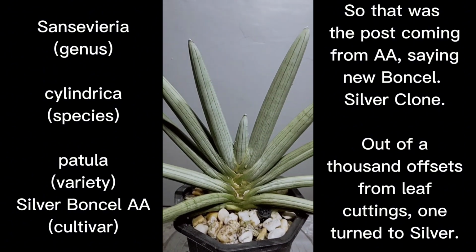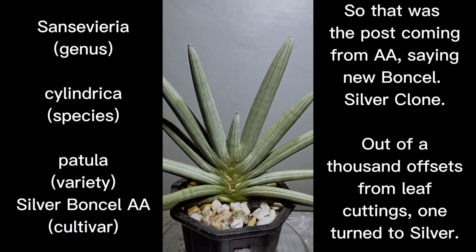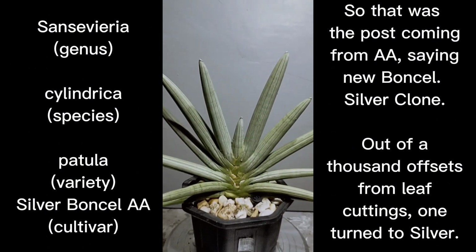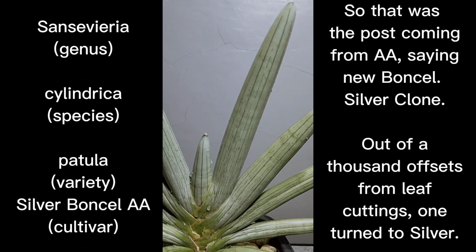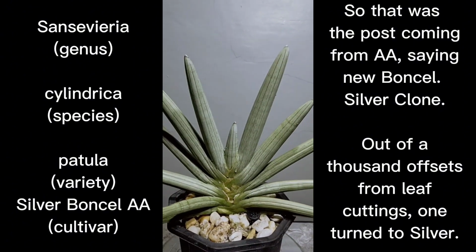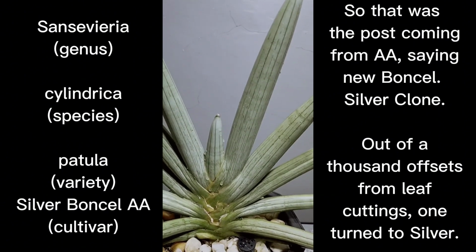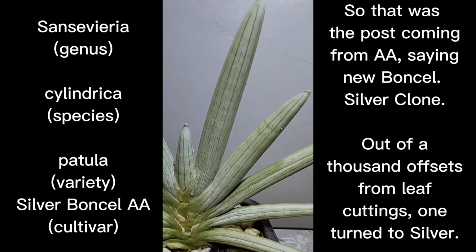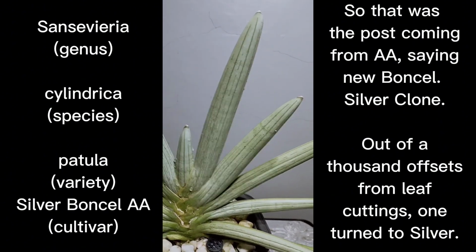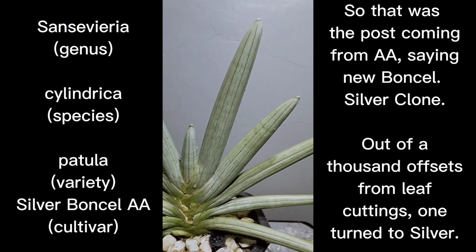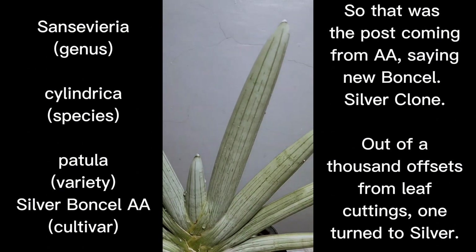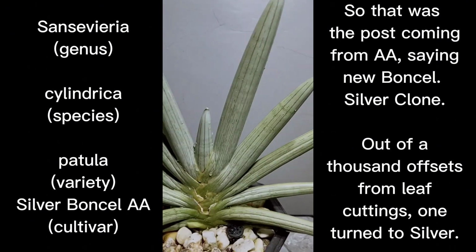mutation, or I should say cultivar already, because this is already proven to be stable in providing offsets. And as you can see, it has the same pattern as cylindrica patula Boncel, or the species cylindrica patula. So they are part of the pale green clone, but they still retain the pattern of the original Boncel pattern. The next episodes that I'm going to feature are pale green clone, but you will notice the mutations of the pattern of the Boncels will not be the same as what I have previously